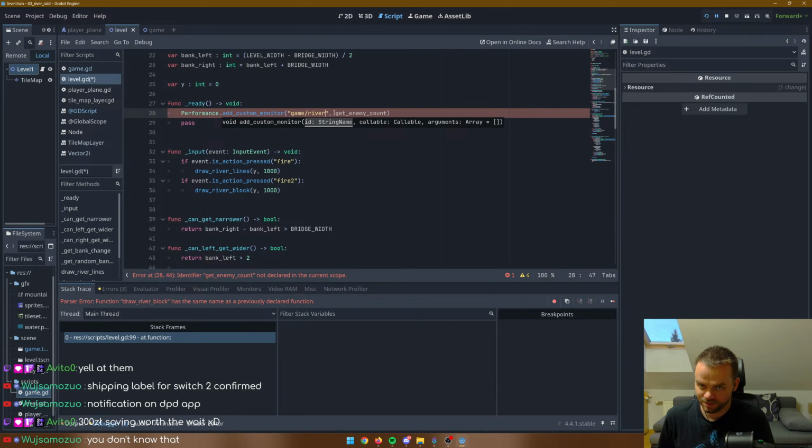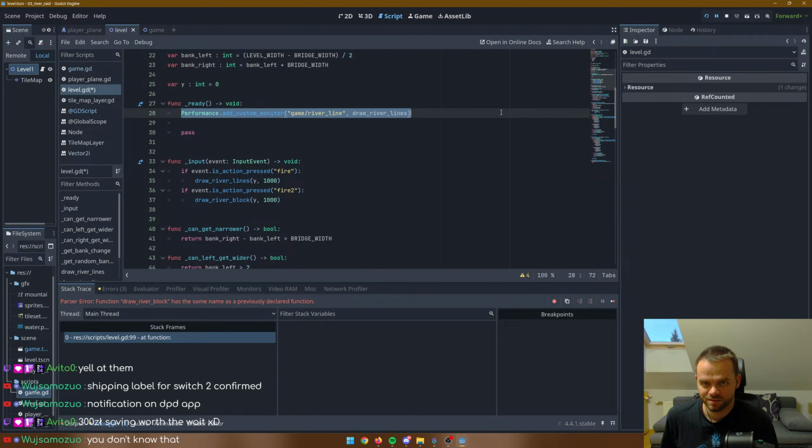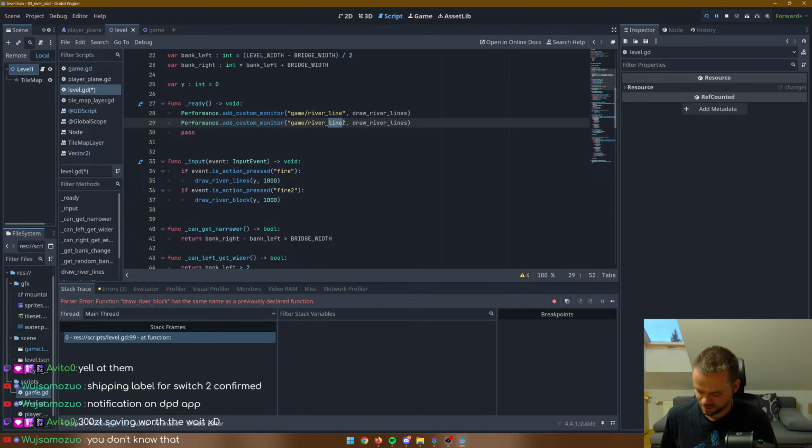Then river lines, and it will be draw river lines. Okay. How do you copy the line? I think there was a shortcut for that. And river block. And now we should be able to